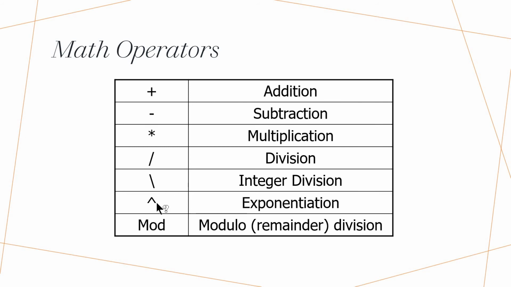Next is the exponential operator, where a number is raised to the power of n, or exponent. For example, 2 raised to 3. That is nothing but 2 into 2 into 2, which will be 2 2s are 4, 4 2s are 8. Then the last one is the mod operator, which we just call the modulo division operator or modulus operator. When we divide the first number by the second number, it will return the remainder.